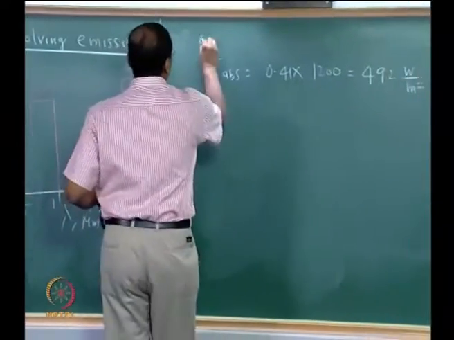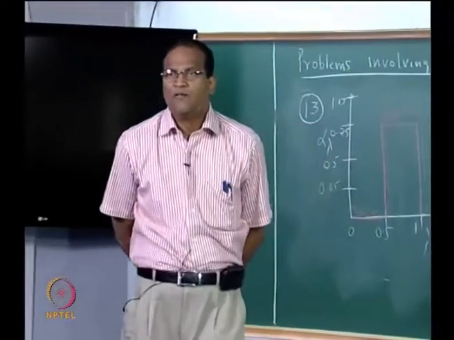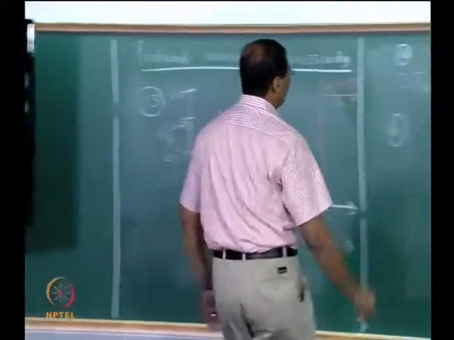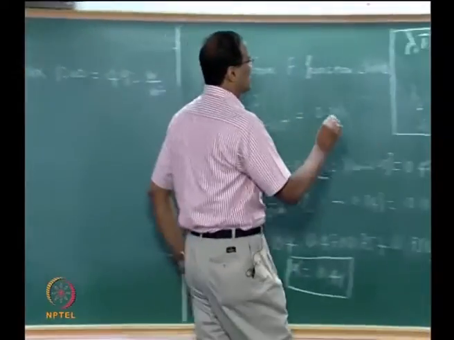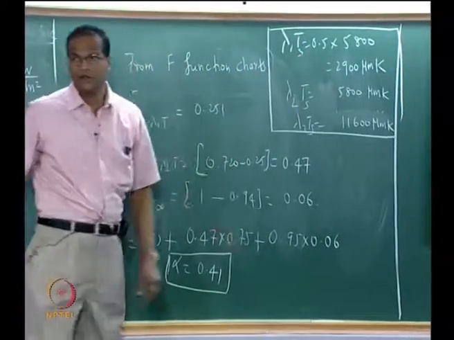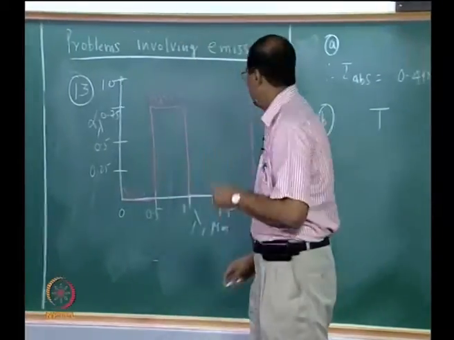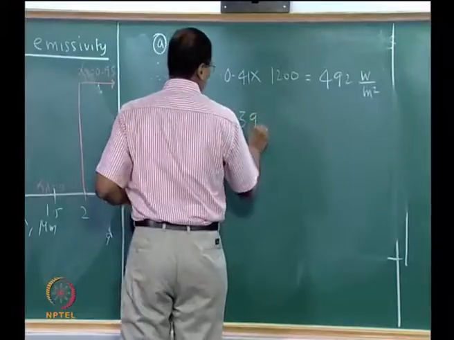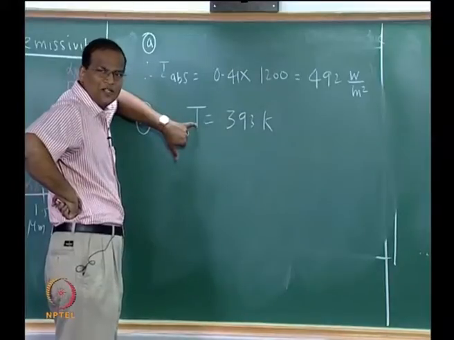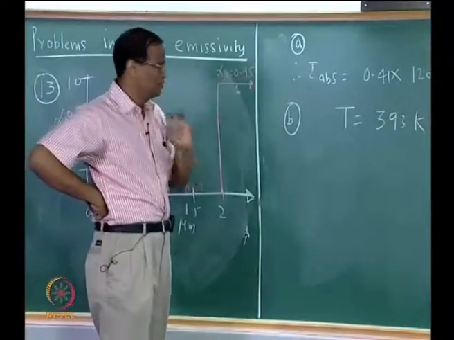Part A is over. Part B. Fortunately for us, lambda 1 is changing, lambda T and all will change. T is now, so this I will put Ts, the temperature of the sun. Now this is T, what did I say, 120 degrees centigrade, 393 Kelvin, very good. If somebody does not like T, you can put TW, temperature of wall, or temperature of surface Ts, whichever way. I will just use T. Okay, lambda 1 T.